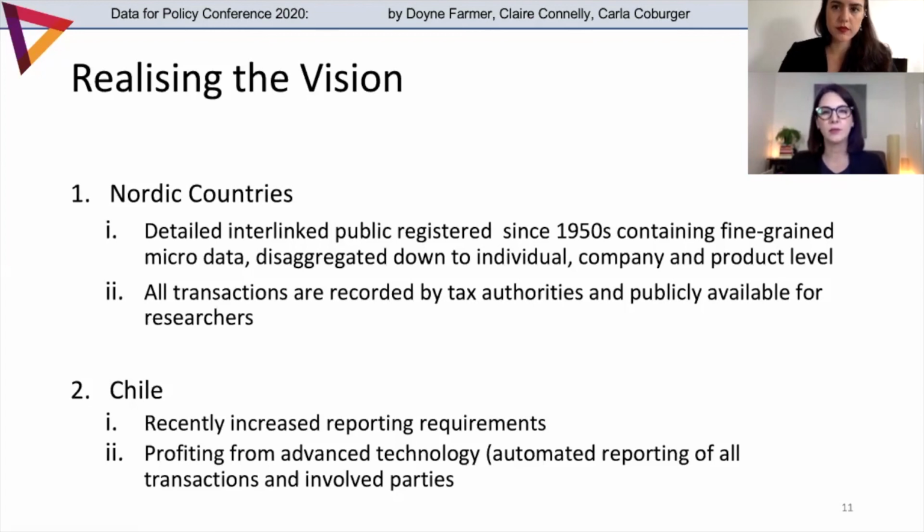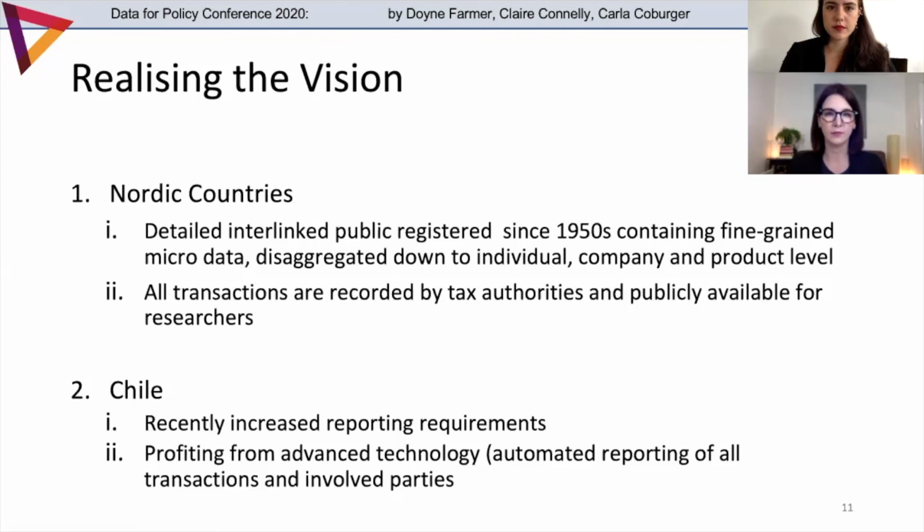Certain countries have demonstrated that there is much greater scope for data-driven modeling than currently exists in countries like the UK, Australia, and the US. While Nordic and Scandinavian countries have a long-standing history and culture of transparency that supports data sharing, we also examine the Chilean example, a country that has only recently increased its data reporting requirements for both companies and individuals. These small changes have made it possible to reconstruct the Chilean production network at a fine-grained company and product level. This example shows that open data is a question of vision and political will to increase transparency